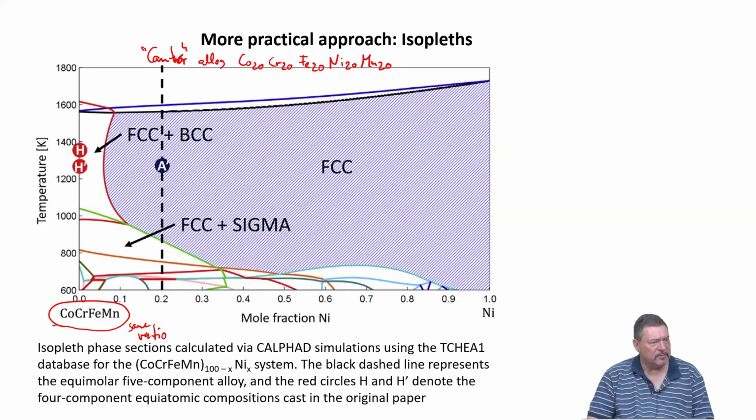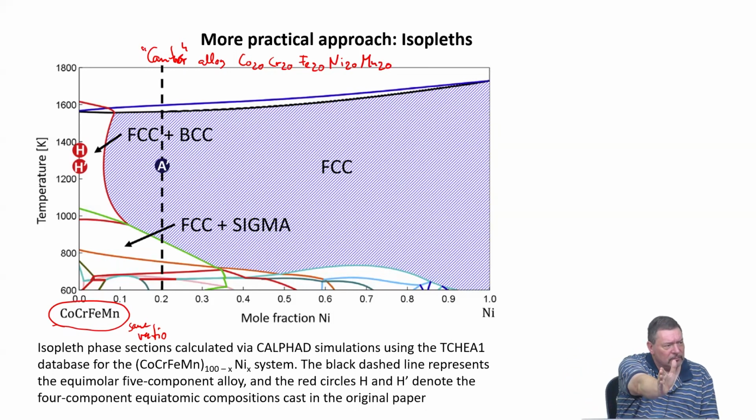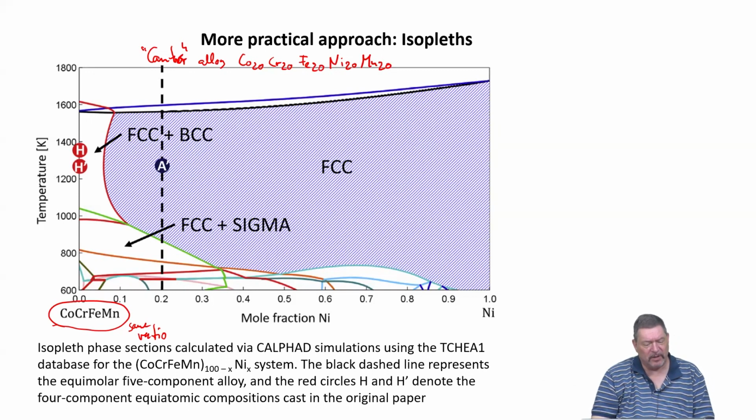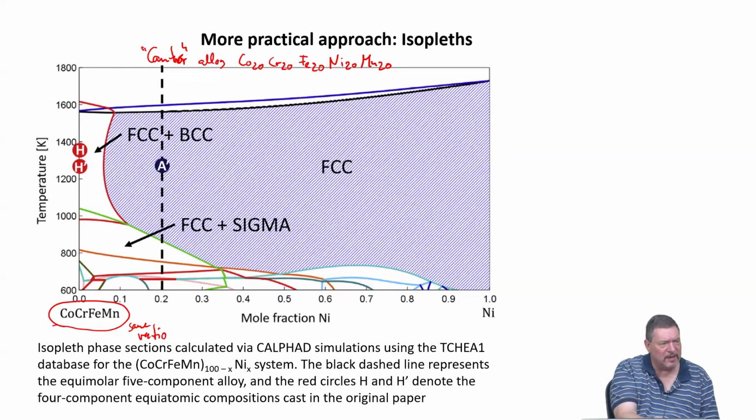Right, so 5 times 20, 100, everything's fine. This is much more useful because you can now do a variation. You cut basically a plane through the higher dimensional phase diagram, and you obtain information you need in order to do alloy selection by just choosing, do I want to have a single phase alloy? Then my nickel concentration must have a certain minimum amount, because otherwise I get into 2-phase regions or multi-phase